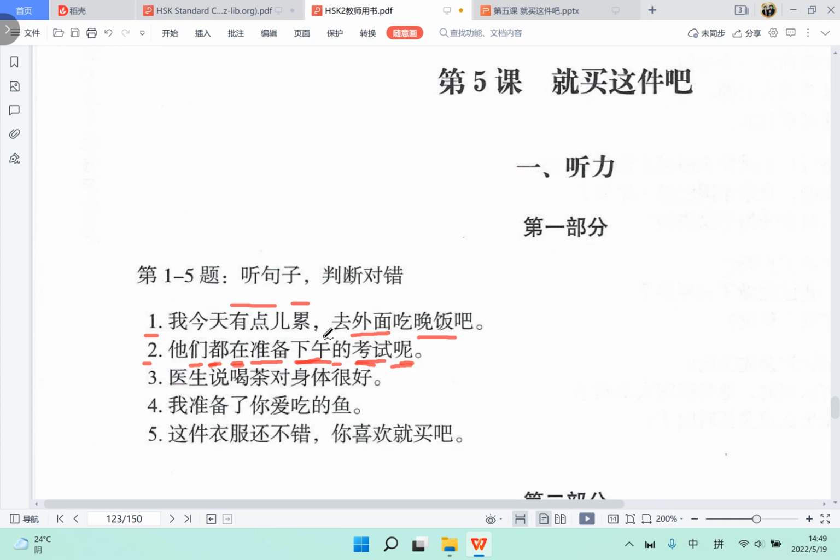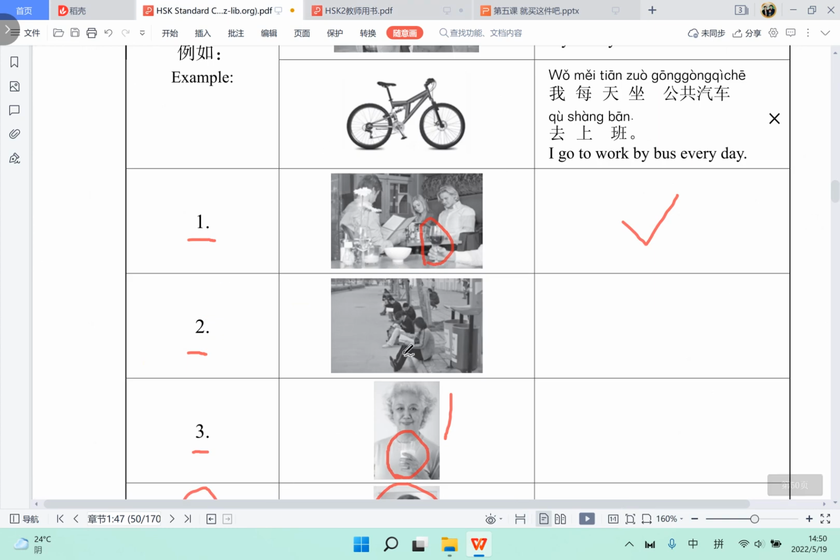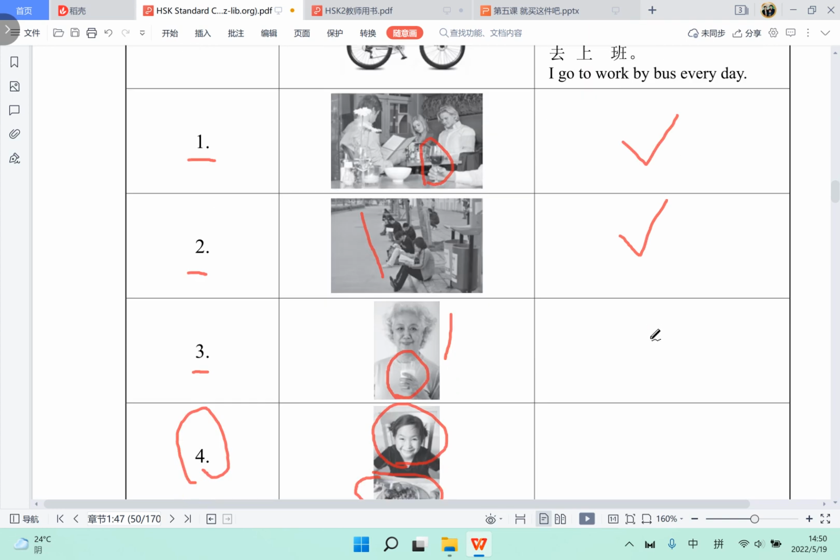The 的 attributes what comes before it to what follows. So there are several people, right? 1, 2, 3, 4, 5, 6, 7, 8, 很多人, lots of people. And they are reading, so maybe preparing for the class, preparing for the examination. So this one is correct, 这个对的. Second one, 第二个对的. And third one,